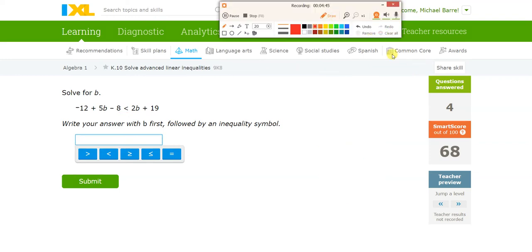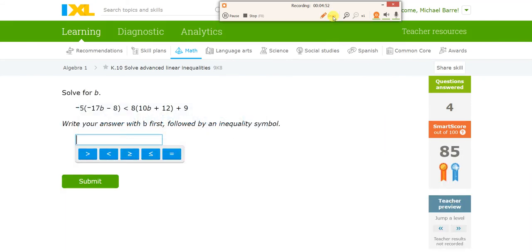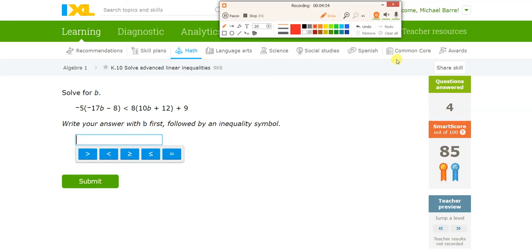I'm not seeing anything crazy here, so let's jump up a level. Okay. So some distribution and variables on both sides. Distribution step. That's going to give me positive 85b